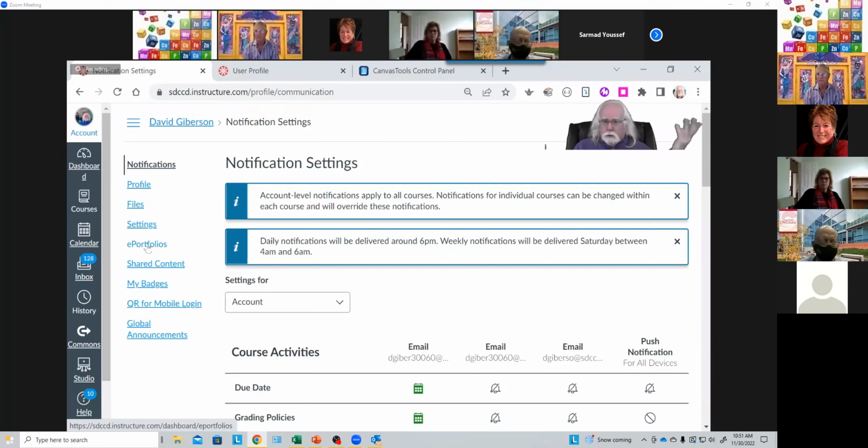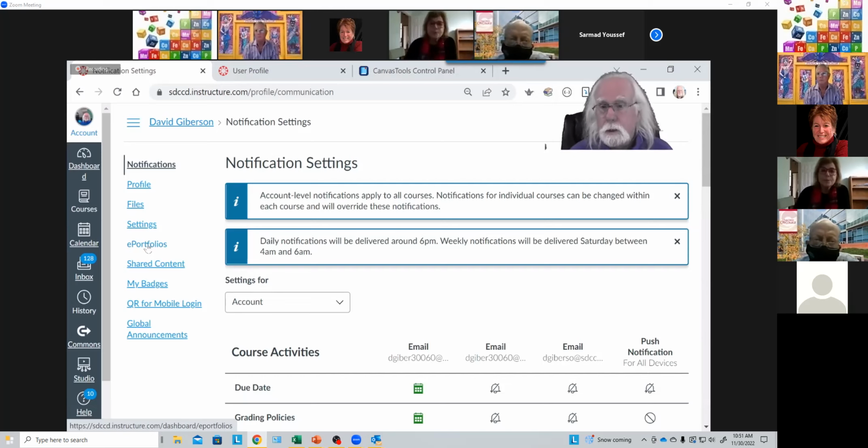If you're a student, you can share it with an instructor, or an administrator, a boss, or something, if you choose to do so. They can't go in and look at your ePortfolio without your permission, unless you make it public. You can make it public if you want to, and let anybody who has a Canvas account look at it. Can't go into great detail on that because that's a 2-hour session all by itself,